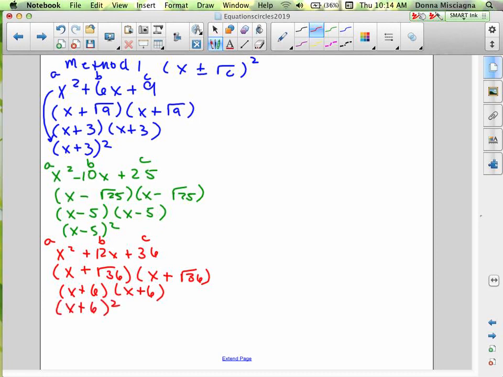Right? And like I said, you can go right from the question right to the factored form, because once you get the hang of it, you can do it in your head. All right, let's do the same thing, but now let's use method 2,